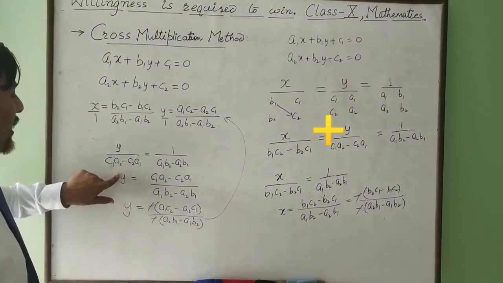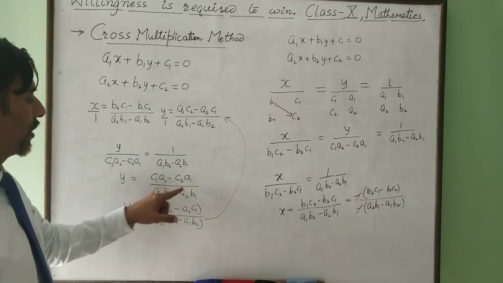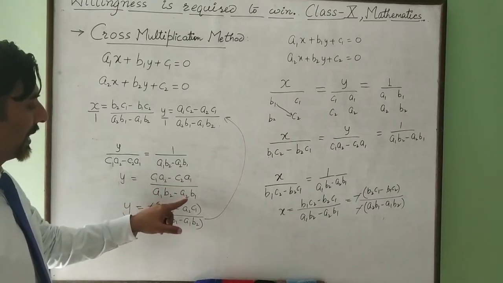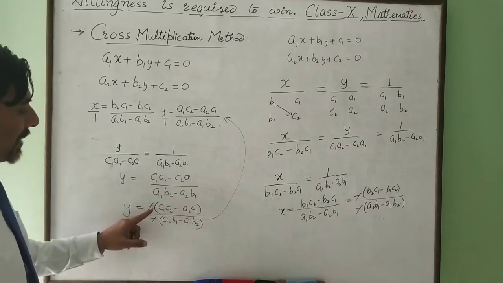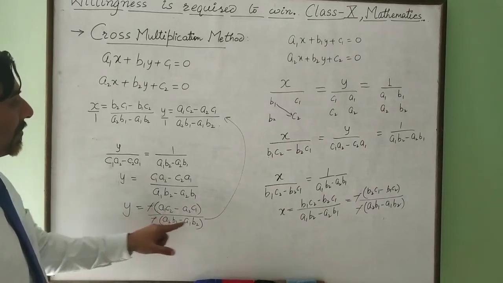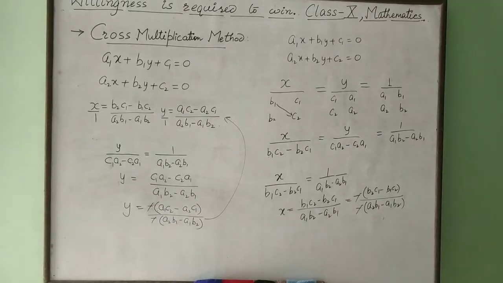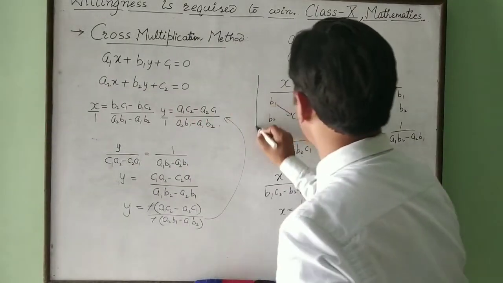I have y is equal to c1a2 minus c2a1 upon a1b2 minus a2b1. If you take minus common from numerator and denominator, the value of y came out to be what we have done earlier using the elimination method. So you have to remember this particular part,